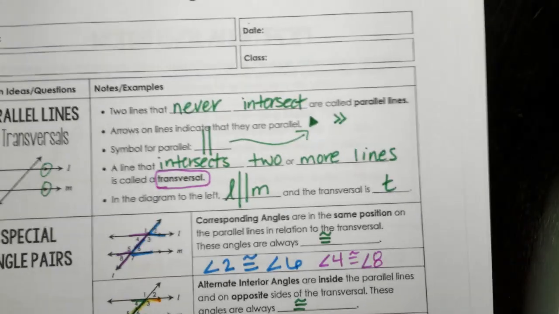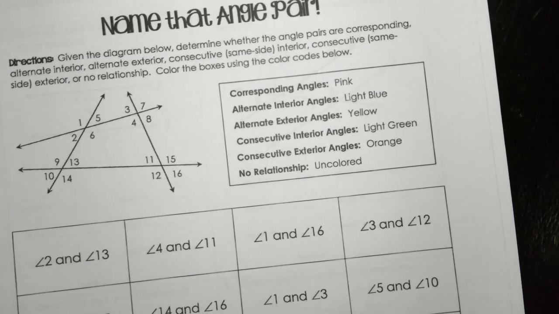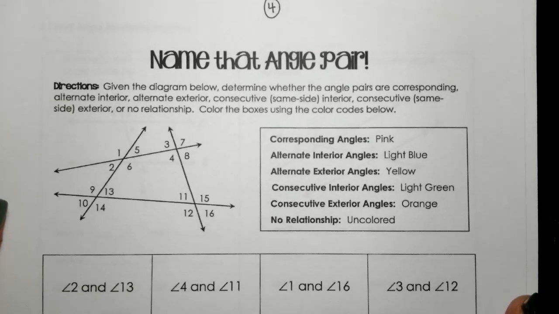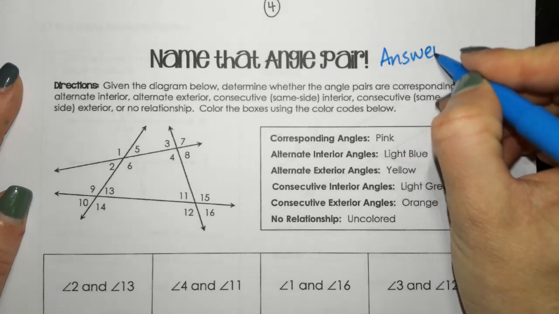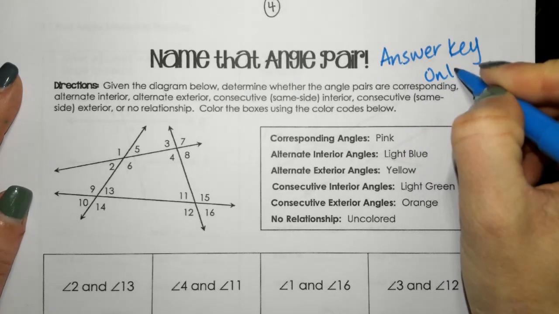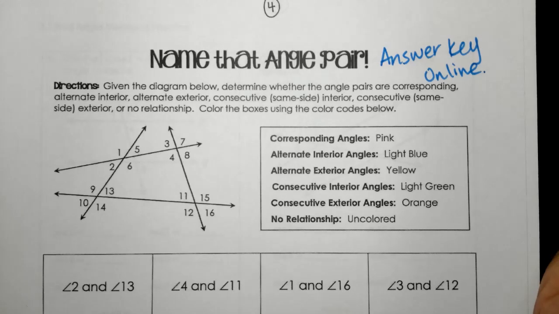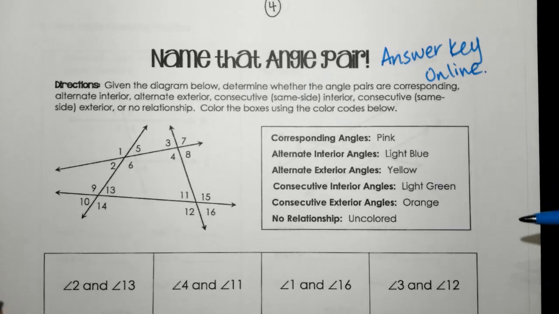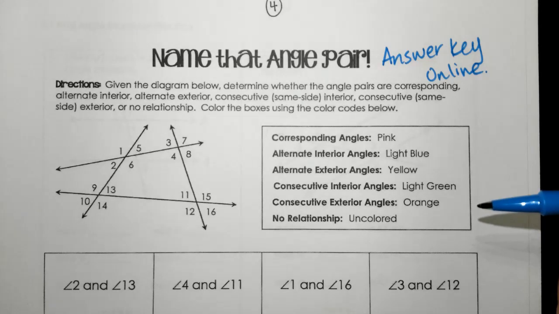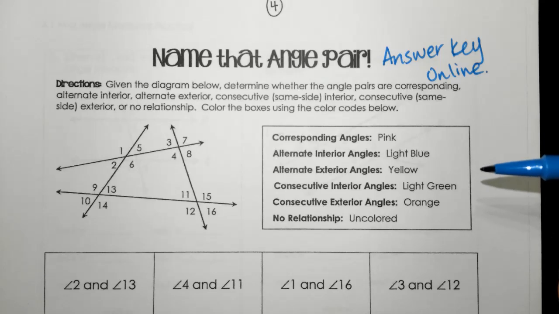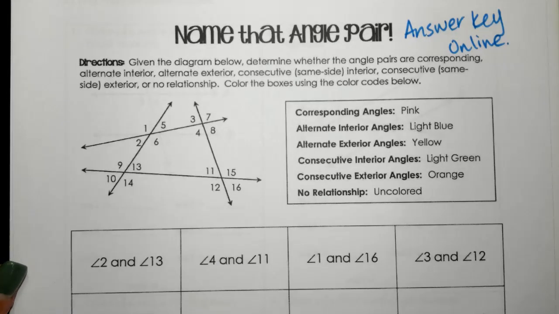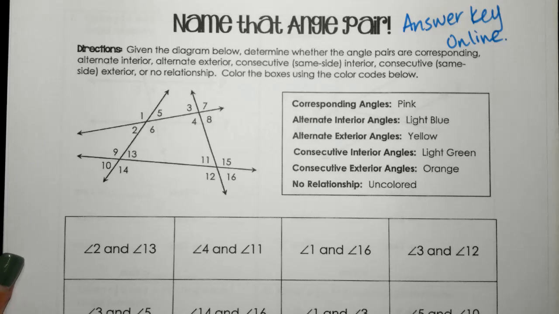All right, let's move on just a little bit more with this lesson. For page 4, again, the answer key is on Schoology. This is something that you should try to do with your table mates after you are done watching the video for today. You know you're always welcome to any of the markers or colored pencils that are behind my desk, so help yourself. Just please organize them and put them back, so when I come back I don't have a mess. But let's do one of these together, and then this would be something you could do with your table group or on your own if you would prefer to work alone today.